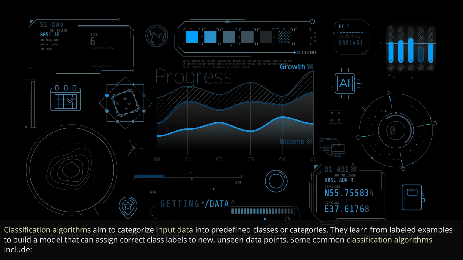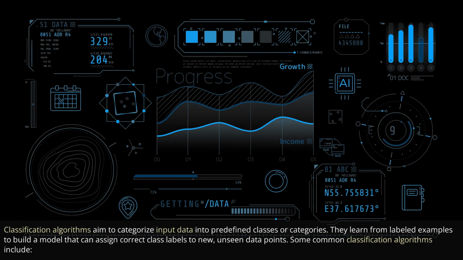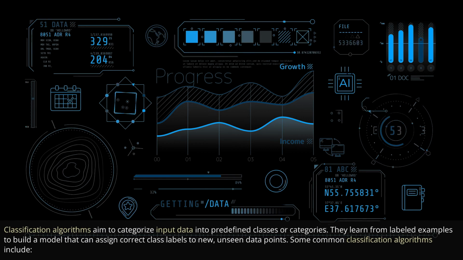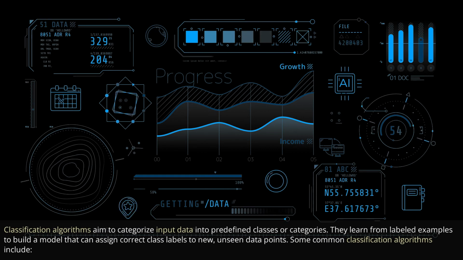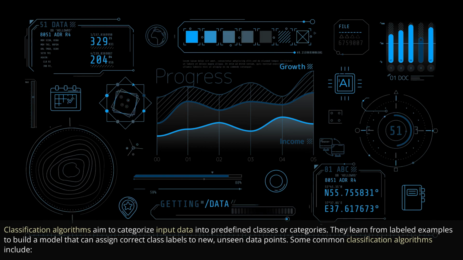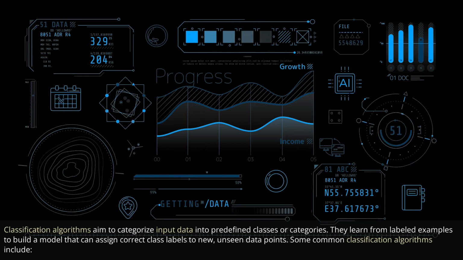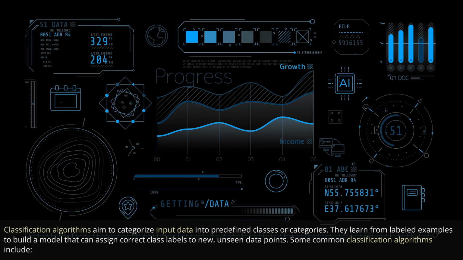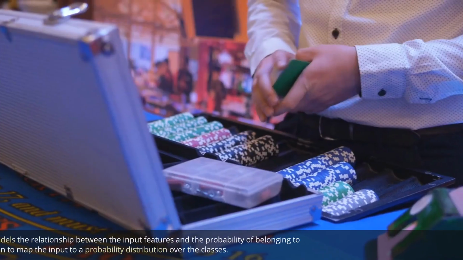2. Classification algorithms. Classification algorithms aim to categorize input data into predefined classes or categories. They learn from labeled examples to build a model that can assign correct class labels to new, unseen data points. Some common classification algorithms include: